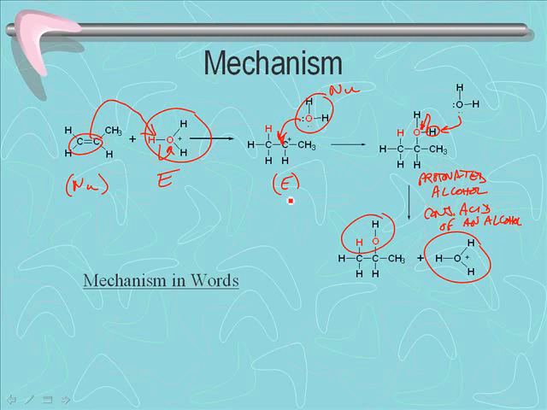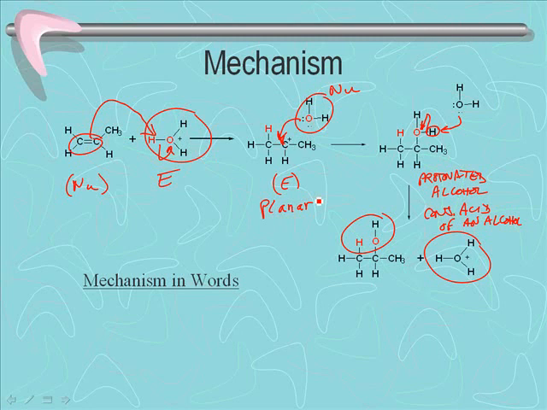Since we have a carbocation intermediate, which is planar, our water nucleophile can add on the top or the bottom. In other words, the hydrogen and the OH group could add on the same face of the alkene or on opposite faces. So if we wanted to write this mechanism in words, our first step would be an alkene, which